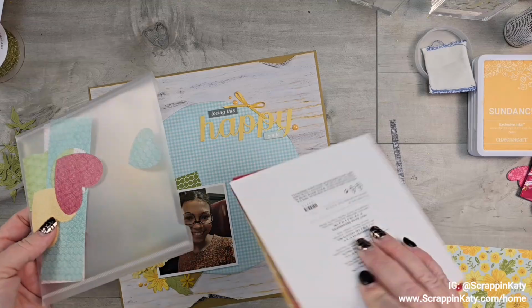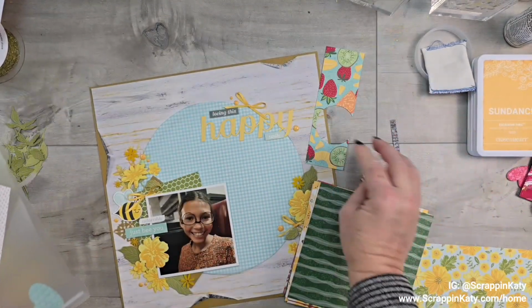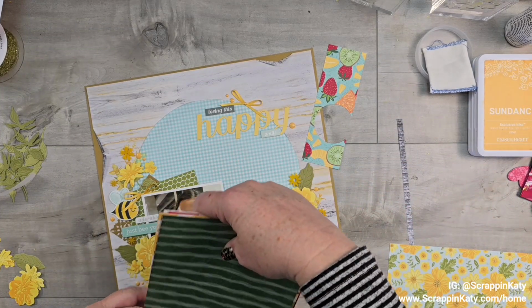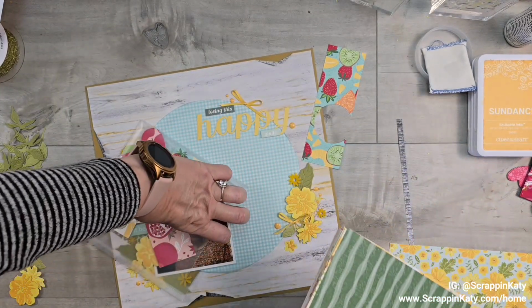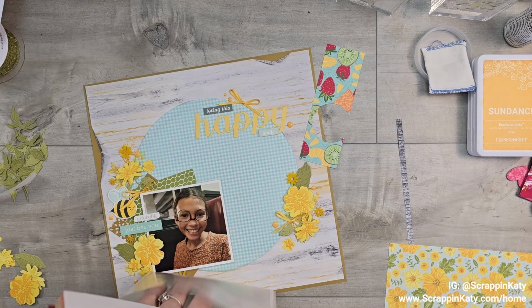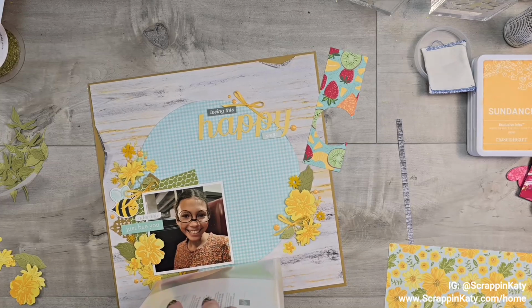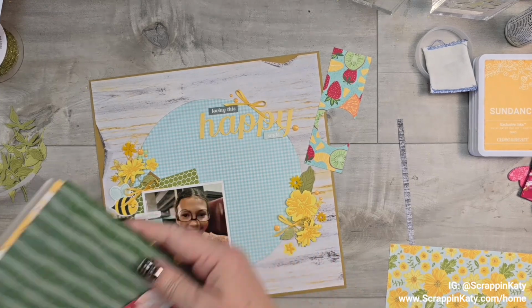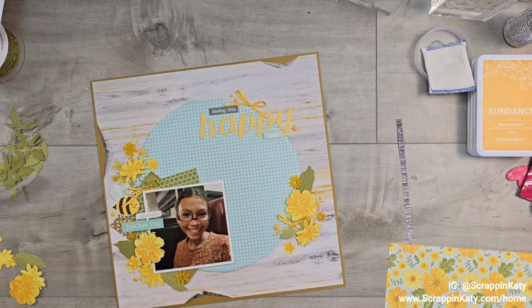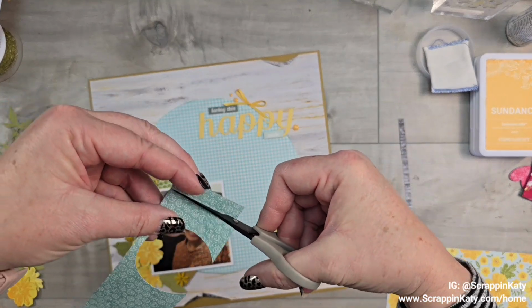So I actually decided on blue, and I've pulled out some of my fruit salad, and that is what I'm going to use. Thought about using the same vellum, but it's just not going to have the same look. I thought about backing it with white, but I kind of wanted just something different, and I had this scrap. So we are going to